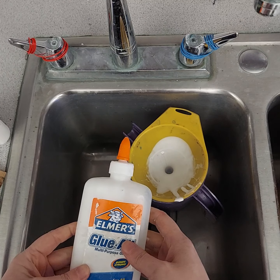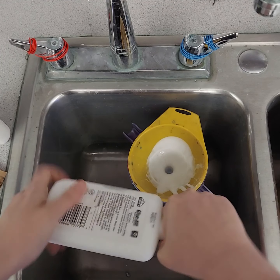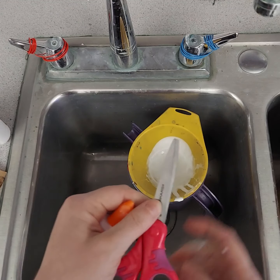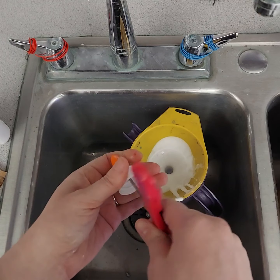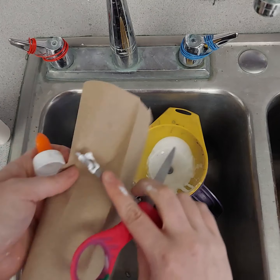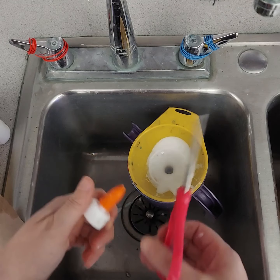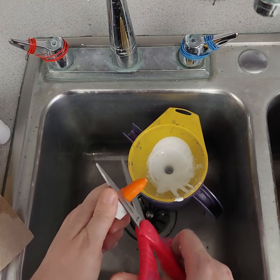If you are dealing with Elmer's glue bottles, these can be really difficult to unclog. So that's why I've switched to the Crayola glue. If you're unclogging, I use a pair of scissors that have the pointy tip, and I go in here with the tip and clean out whatever is clogging the bottle. But also you have to deal with the clog under here. So this is just very time consuming, and that's why I stopped working with the Elmer's glue bottles,